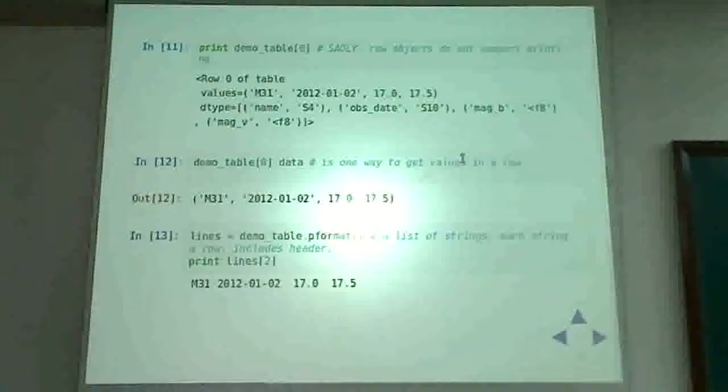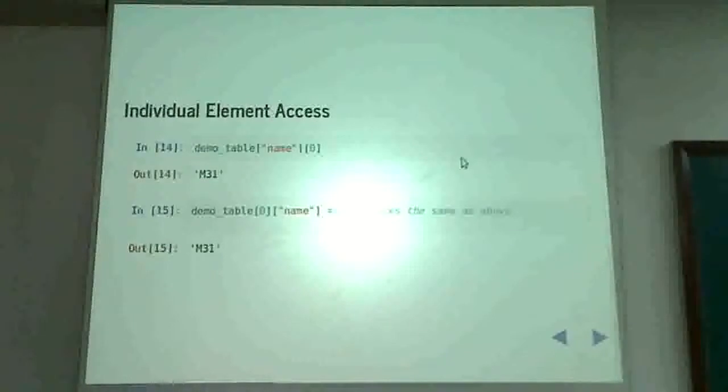So maybe this will be more than enough to display whatever row of the table you want. Again, counting begins from 0. The same NumPy and list convention is valid here. You can combine these 2 syntaxes and access individual elements. So if I say demo table name 0, that gives me the entry in the first row for the name column. This does exactly the same thing, so I can access it either way. I can tell the row number first, then the column name, or the column name first and then the row.